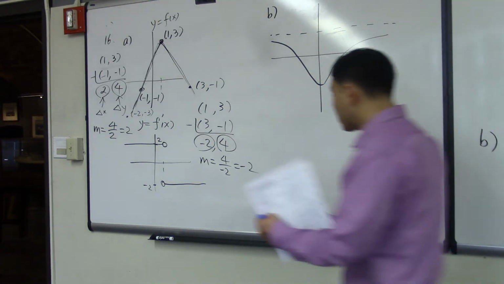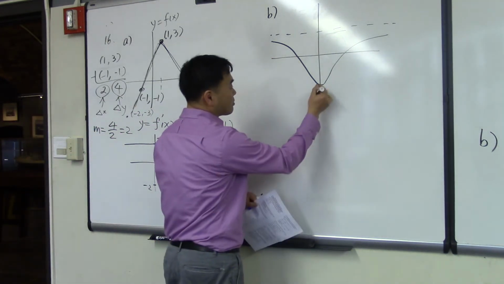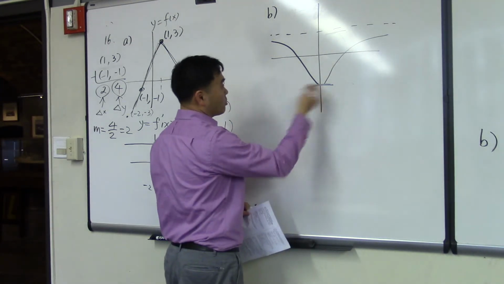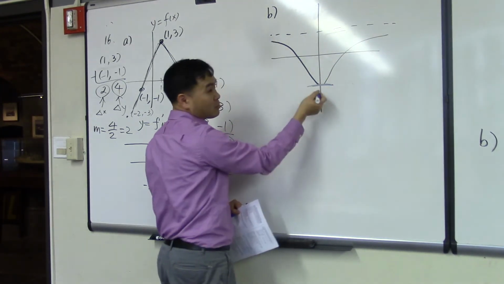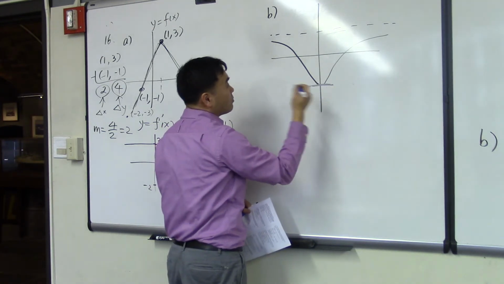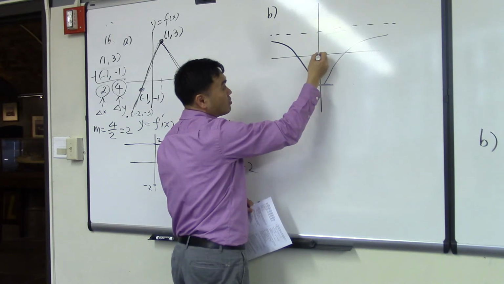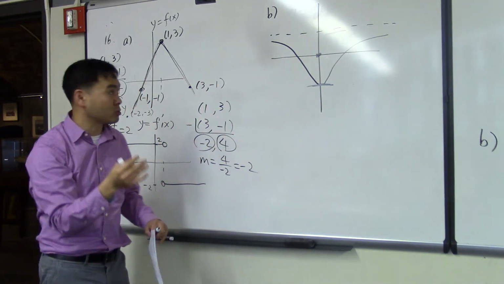Now you apply the same procedure as before. The derivative is 0 here, because it has a horizontal tangent, and it's increasing afterwards, decreasing before. So if you drew the graph of the derivative on the same page, the derivative should have 0 at the place where it has a horizontal tangent,